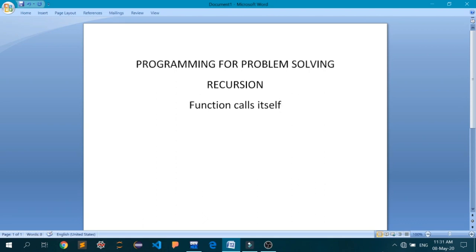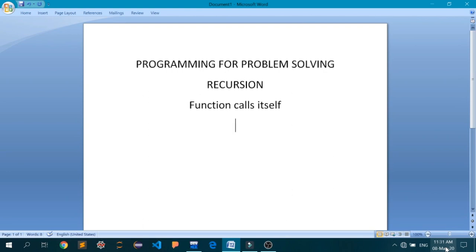In layman's terms, the idea behind a function calling itself is called recursion. I will explain a very simple problem which can be implemented using recursion, and then we will go to the IDE and practically see if it works or not.